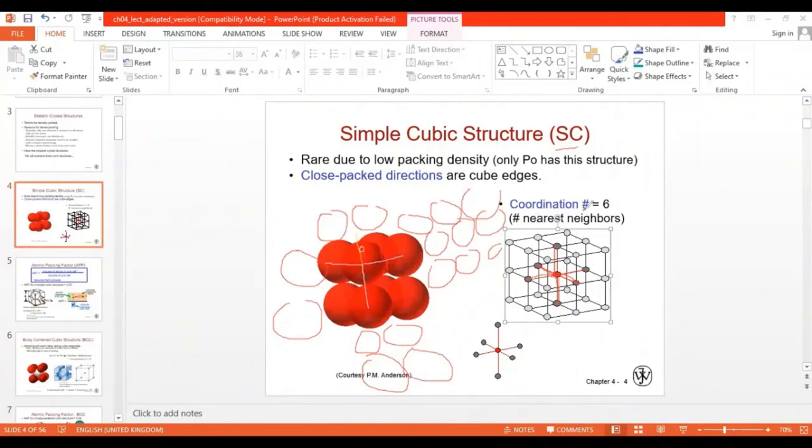So the coordination number is 6 for simple cubic structure, and the meaning of coordination number is nearest neighbors, or the atoms which are in contact. Usually these distances will be equal for all 6. If I consider this as distance A, then here, here, all distances will be A. So the coordination number is the nearest neighbors which are in contact with each other. So for simple cubic structure, the coordination number is